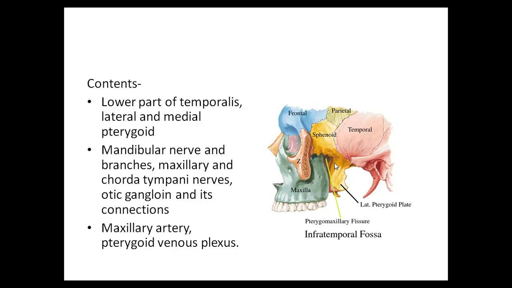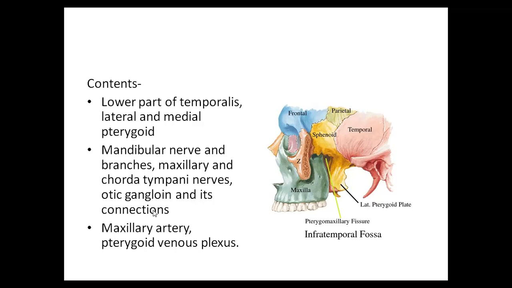In this area, we will see mandibular and maxillary nerves, which are branches of the fifth cranial nerve, trigeminal. Chorda tympani also we will find in this area, which is a branch of the seventh cranial nerve, facial. You will also come across one ganglion, the otic ganglion, very close to the ear, supplying parotid. That's why it has been named otic ganglion. What is a ganglion? A collection of cell bodies of neurons is a ganglion. We will see all its connections when we do the parotid gland.